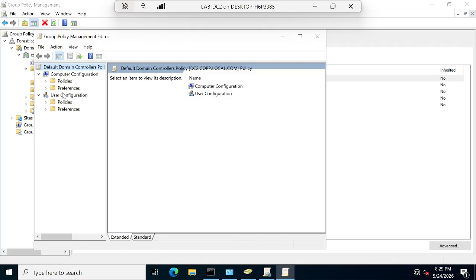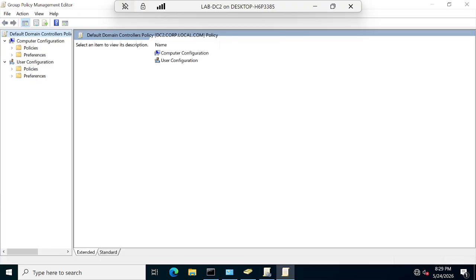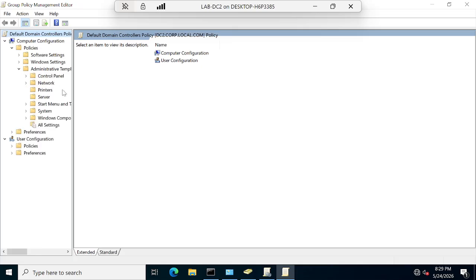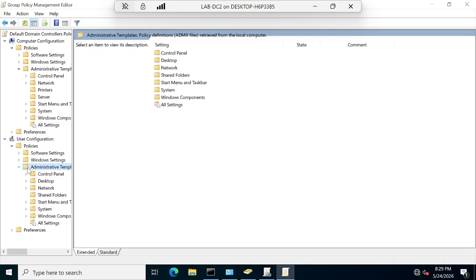See here you can see the computer configuration, user configuration. See here computer configuration, if you want to apply the policies on the computer, then you will apply policies on this computer configuration. If you want to apply policies on a specific user ID, then you have to apply policies in user configuration. See here